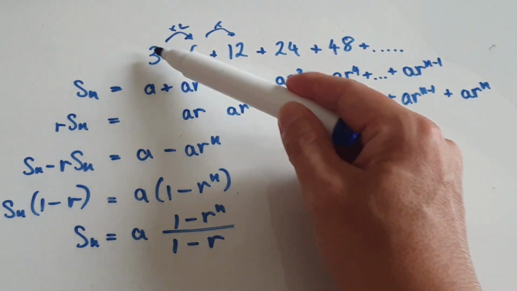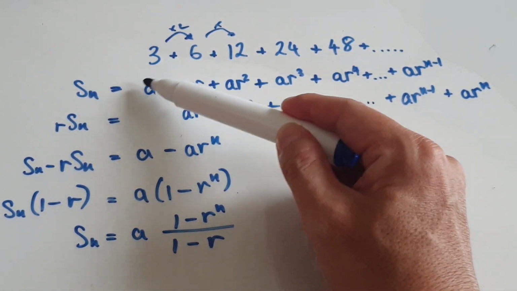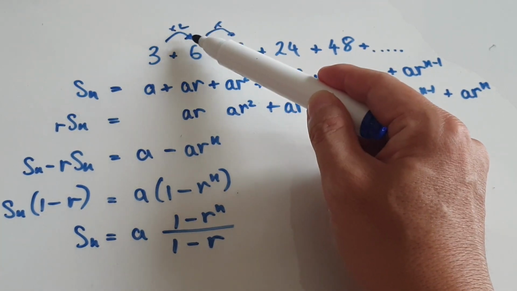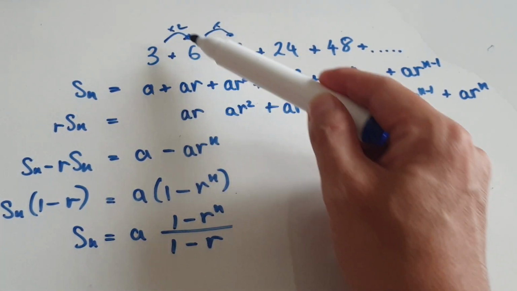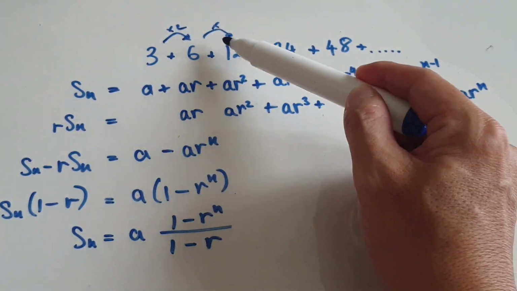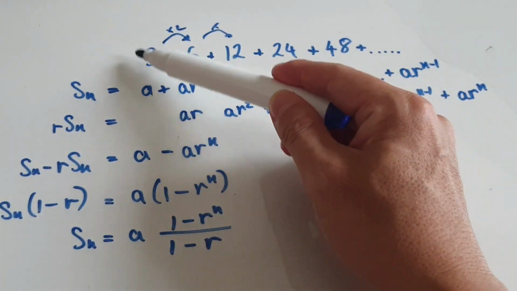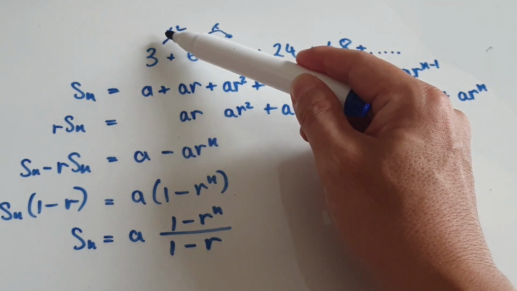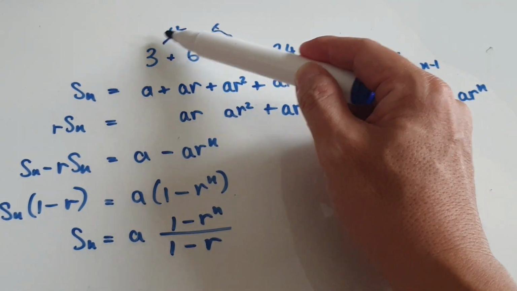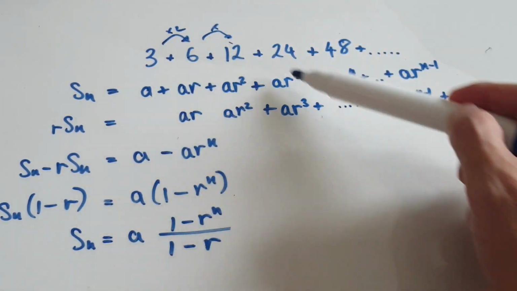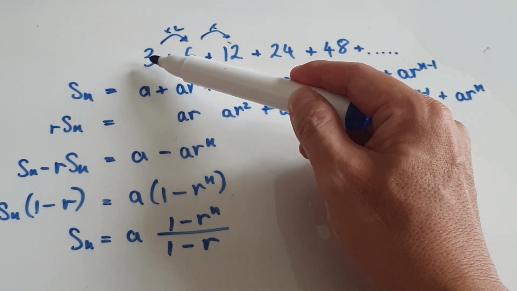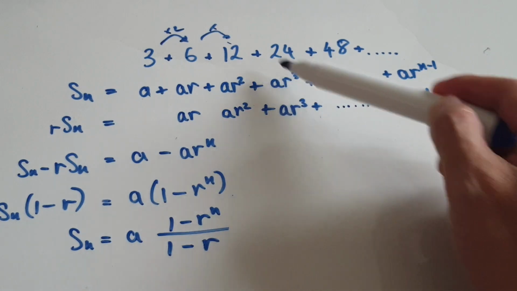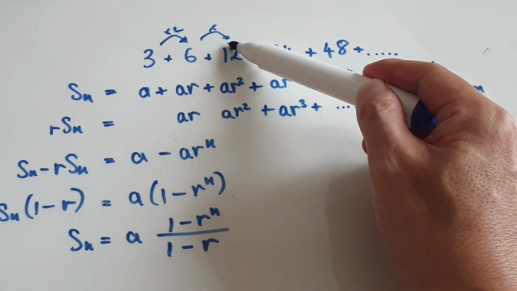So you have your first term. And then you times r. So the second term will be the first term times 2, in our case here, 2. And then for the third term, it would be the first term times by the common ratio twice, 1, 2. That will then give you this. And then the fourth term would be the first term times the common ratio by 3 times, 1, 2, 3,